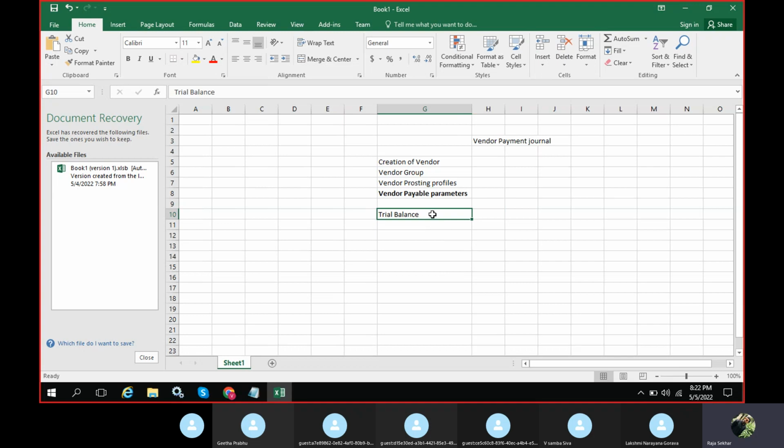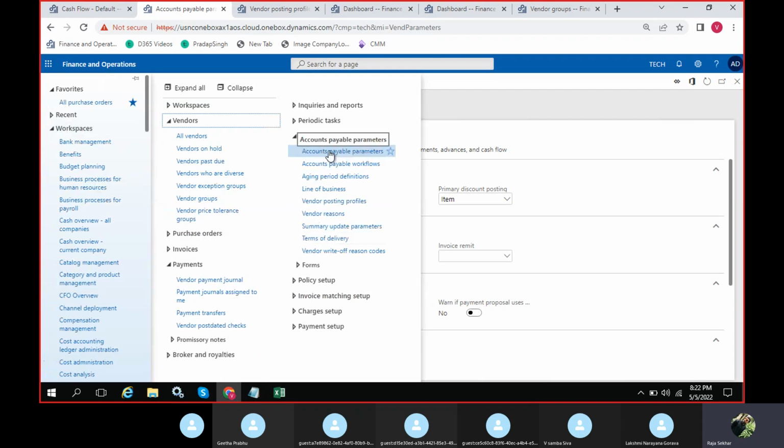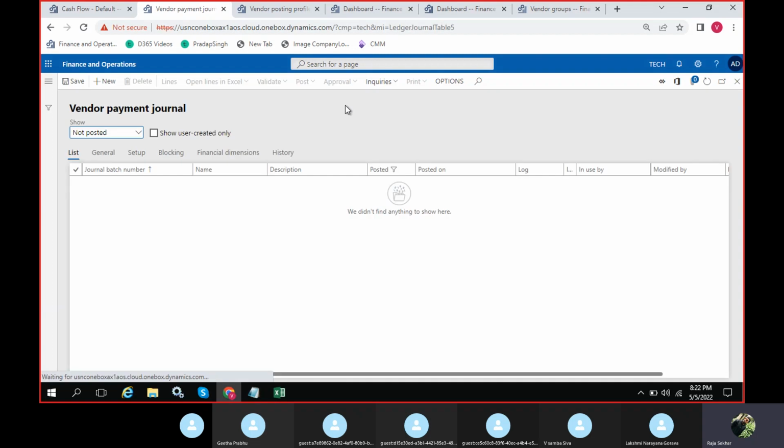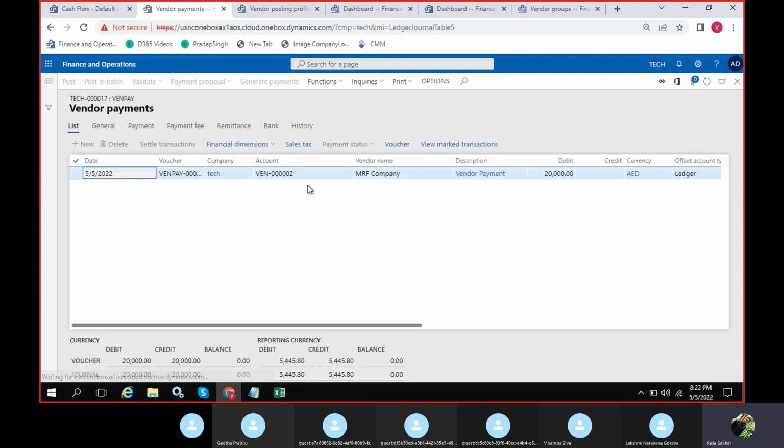Okay, suppose you have posted one payment journal. Where is your payment journal? Vendor payments, vendor payment journals. Okay, so let's take all. You have posted one payment journal, and if you see the voucher,